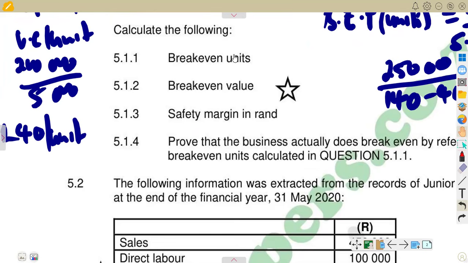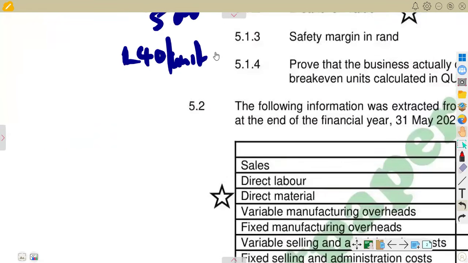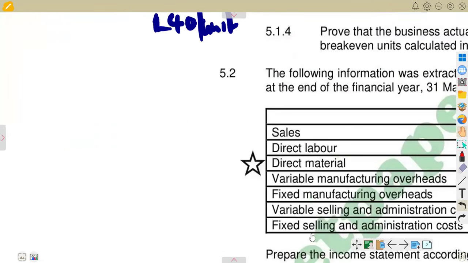If we have found the break-even point in units, it's very simple to get the break-even value. We are now saying the break-even in units terms and the selling price per unit. So on the second part, which is 5.1.2, we are now saying break-even point